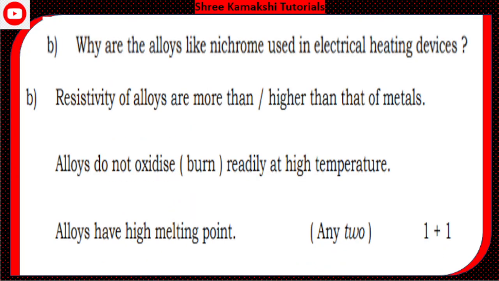Any two. Next, what was the other question? Why are alloys like nichrome used in electric heating devices? Resistivity of alloys is higher than that of the metal. They do not oxidize or burn readily at high temperature. Alloys have a high melting point. Understand the question? The next question is,